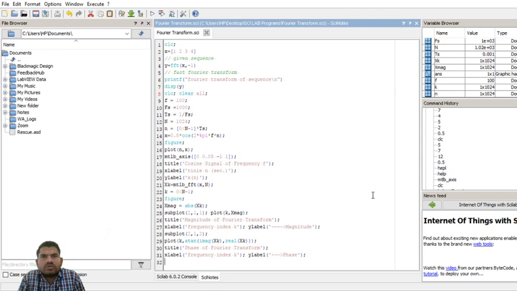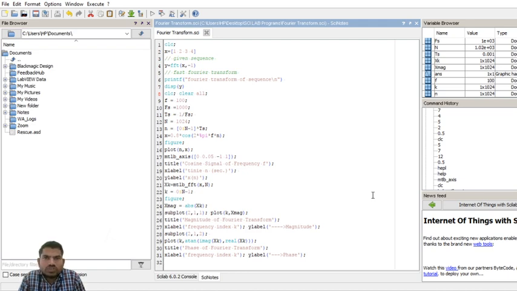First of all, I'm giving any one signal. Suppose I'm giving a cosine signal. Now I want to find that signal's frequency response. Frequency response is nothing but the magnitude response as well as the phase response. So for the cosine signal in this experiment, I'm finding the magnitude as well as the phase response.